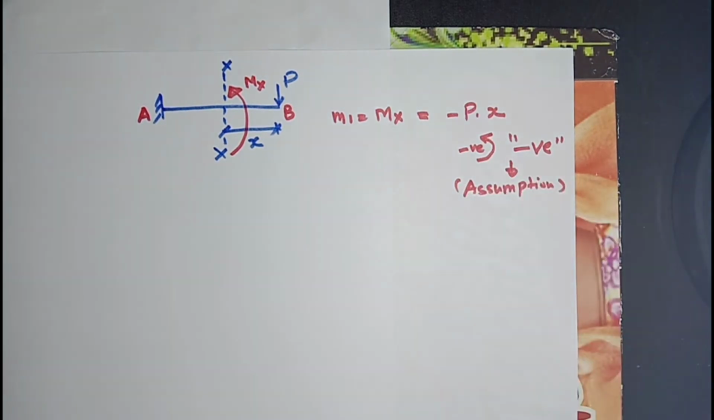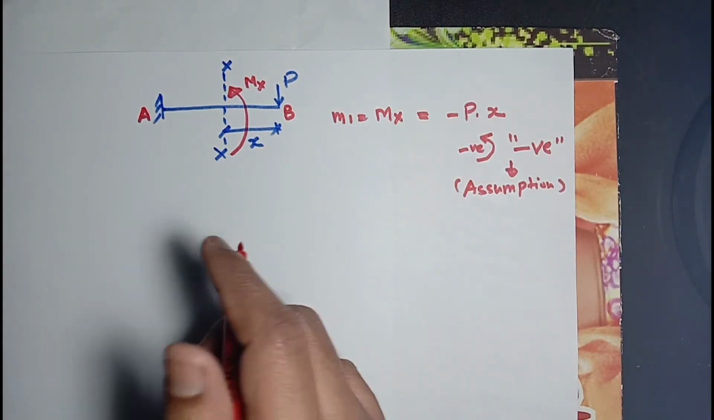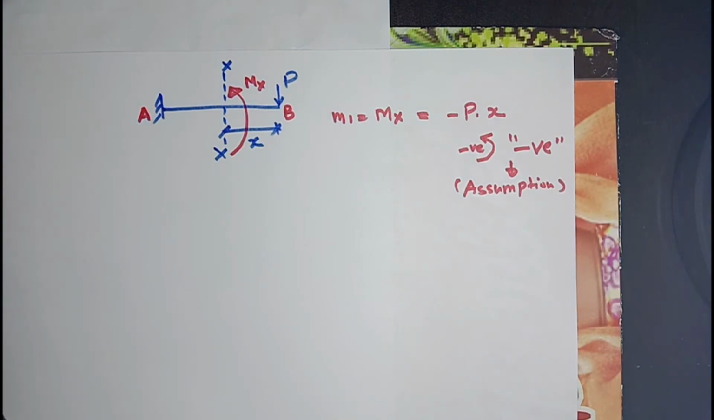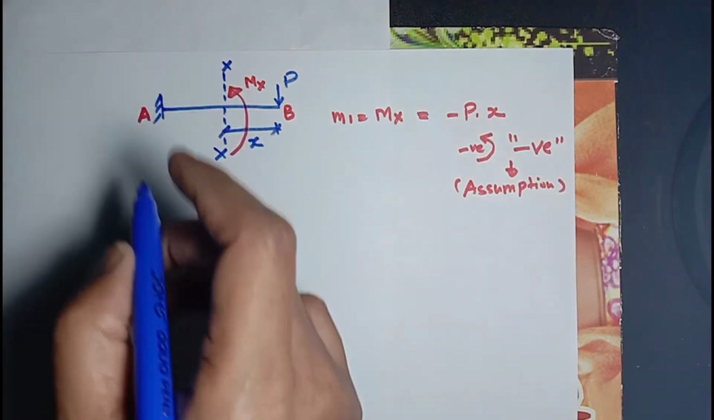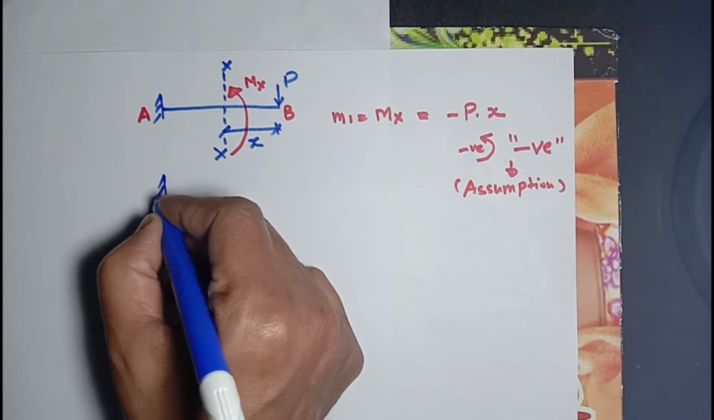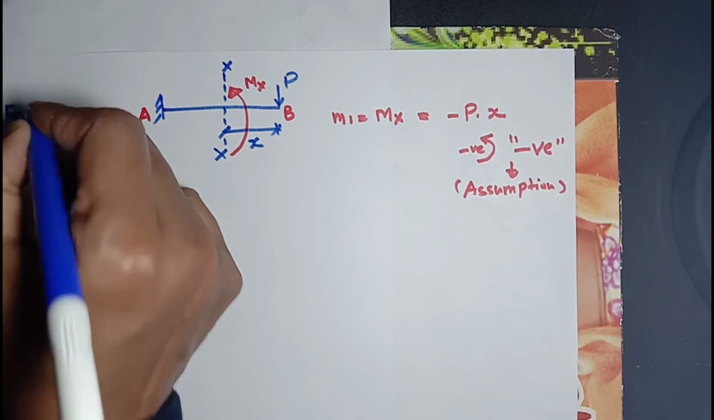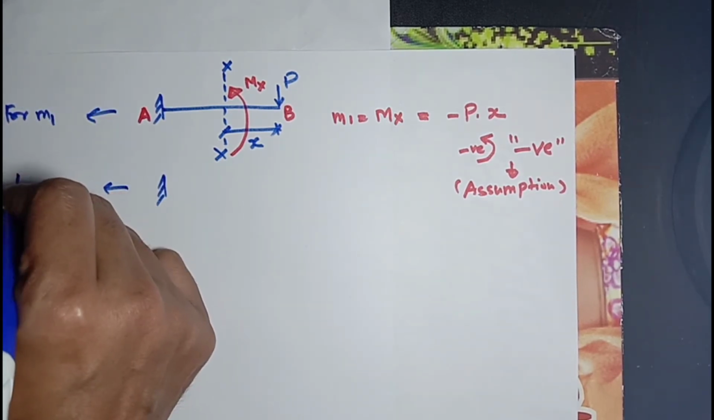Whatever assumptions you take, you can take anticlockwise moment as positive. It depends upon you, whatever assumptions you take. Now M2, according to this statement that I have explained on the previous page, this is for M1, and for M2